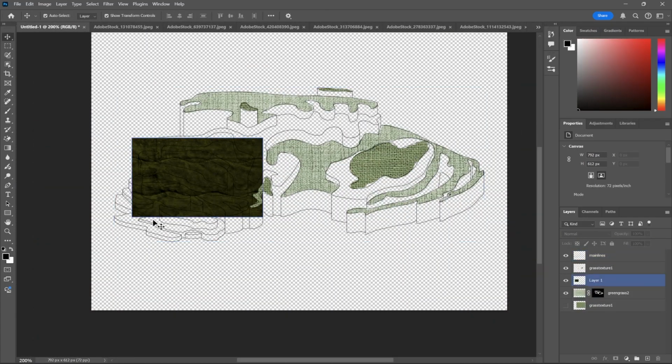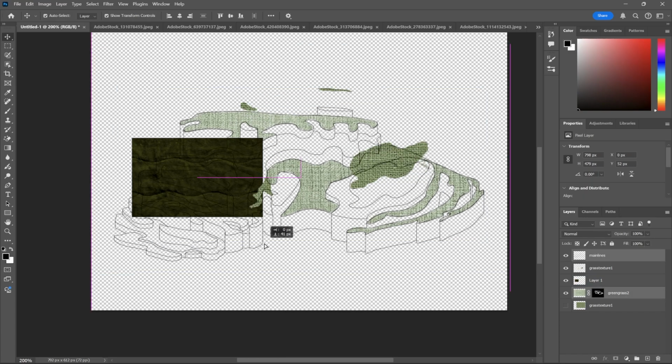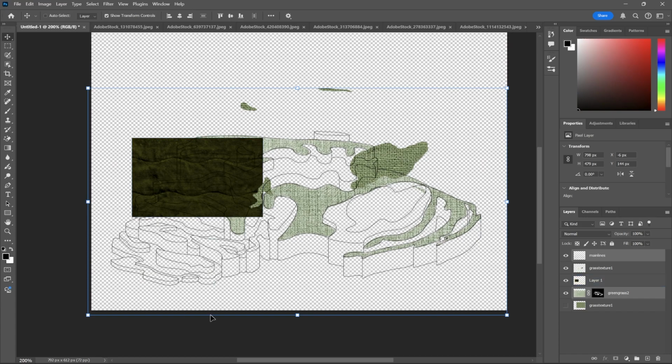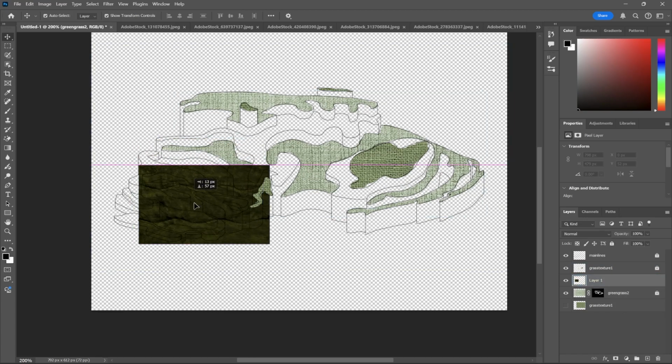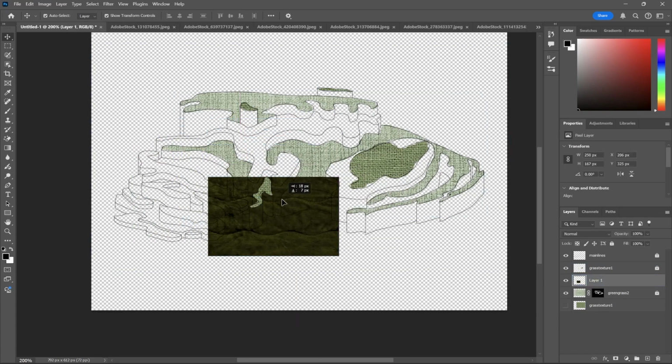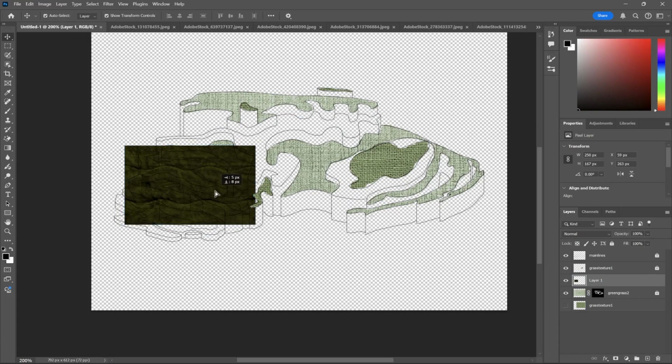Real quick, I just want to point out a few things about my layers. Let's say, for example, I'm trying to move this layer but I end up accidentally grabbing my main drawing layer and I accidentally move the whole thing. I'm going to go to the main lines and lock that layer and then also lock these other layers that I have already cut out. That way they are not able to move if I accidentally select them.